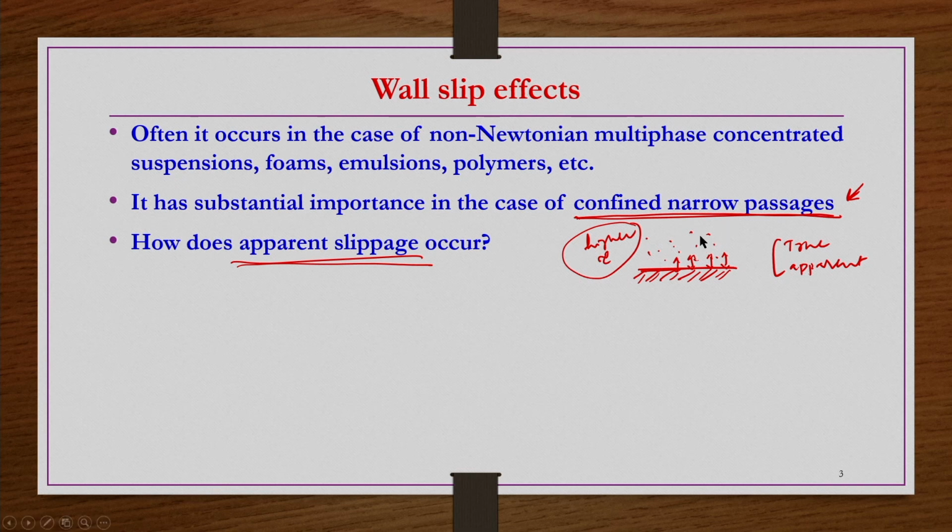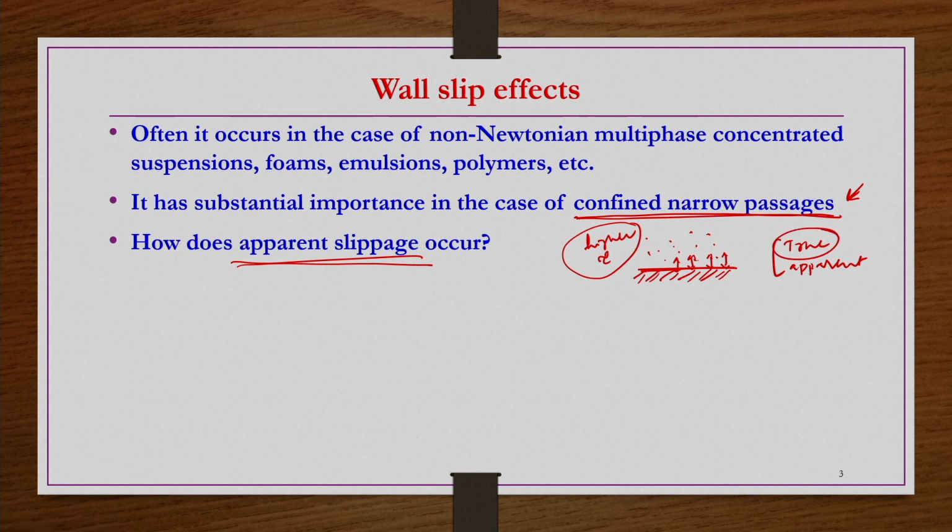Because of that depleted viscosity or depleted layer at the wall, the velocity of the fluid, rather than becoming 0 at the wall, will have some substantial velocity, and that velocity is the slip velocity. Such slip velocity in the case of low viscosity gases, because of overcoming the attraction force between the molecules and the solid wall surface at high shear stress, is called a true slip in general.